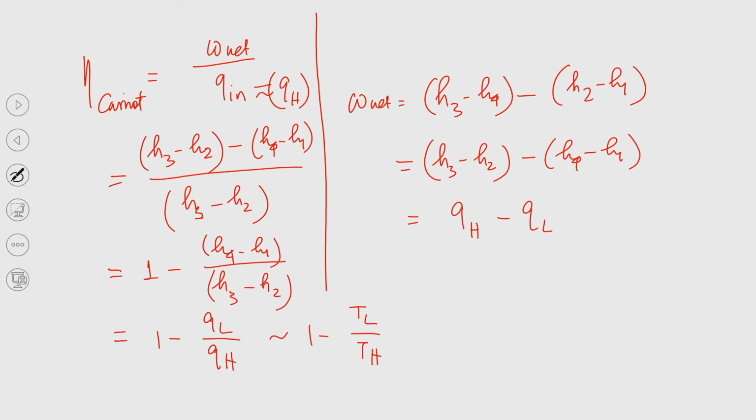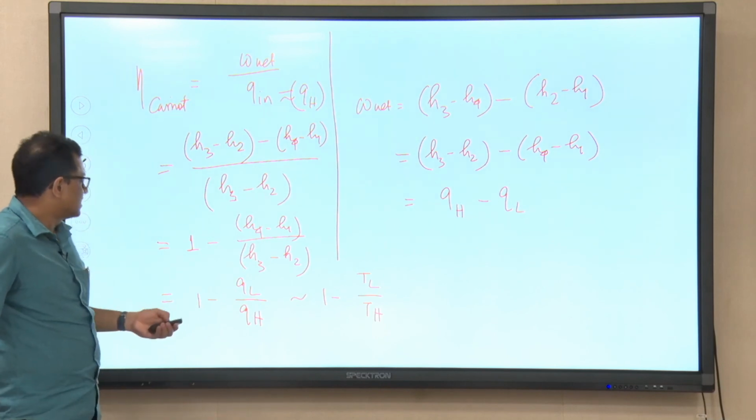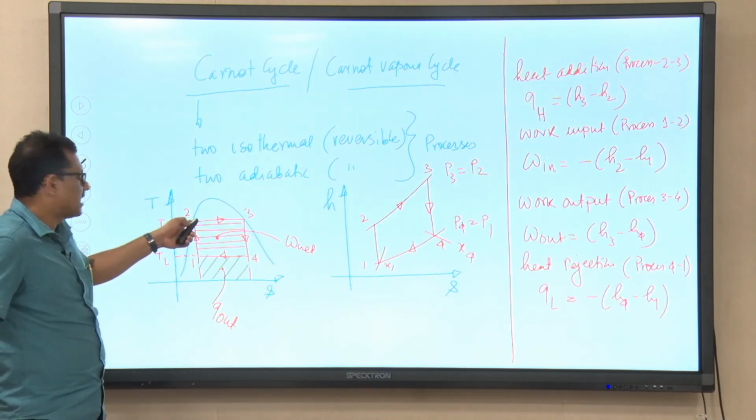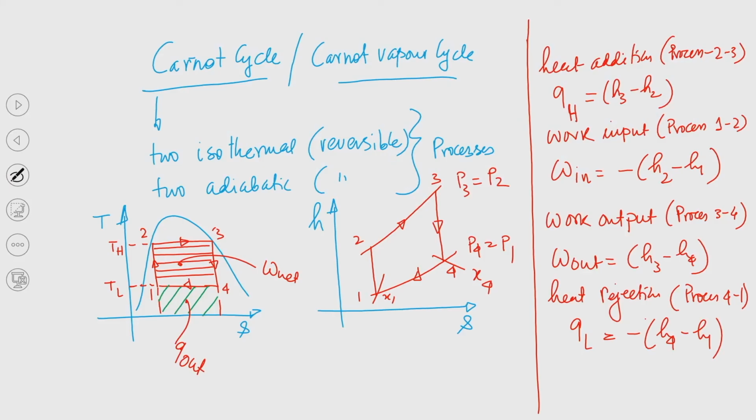Okay. Now, I would like to take another 5-6 minutes to discuss this. As I said, these points 2 and 3 are shown on the saturated liquid line and saturated vapor line respectively. For the sake of generality, these two points could be shown inside the vapor dome. Now, from process 2 to 3 there is a phase change, right. So, saturated liquid is getting converted into saturated vapor. Also, you can see from point 4 to point 1 there is a phase change.